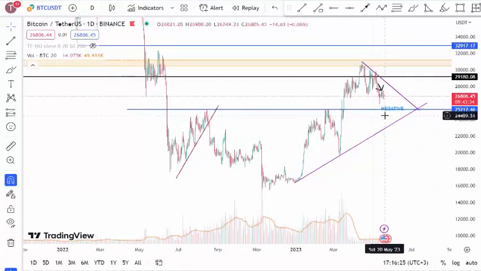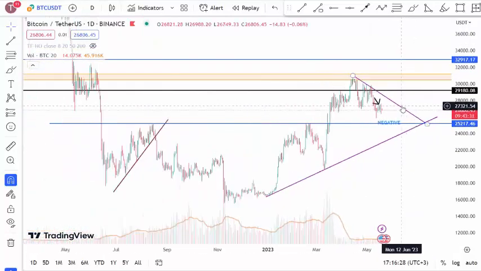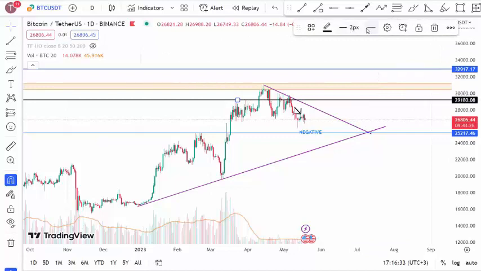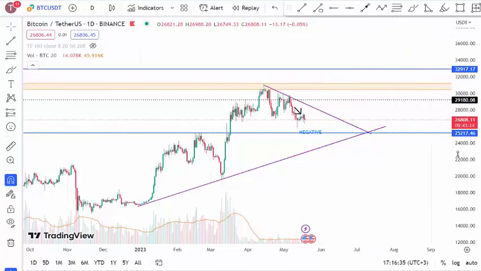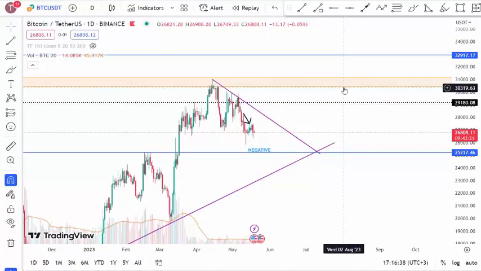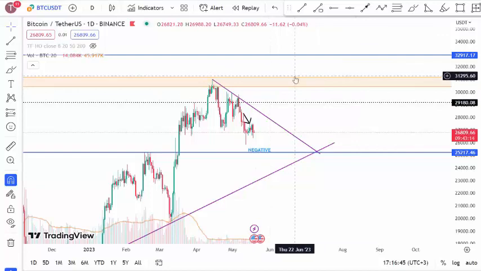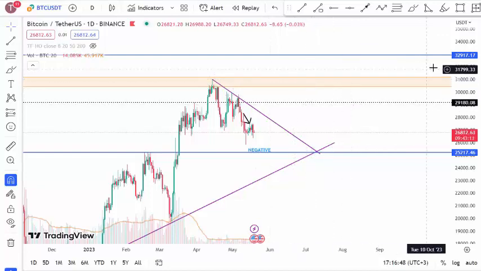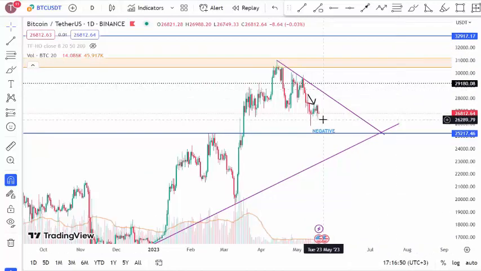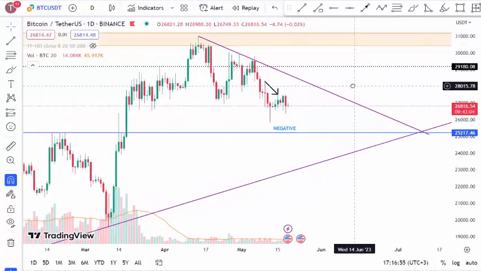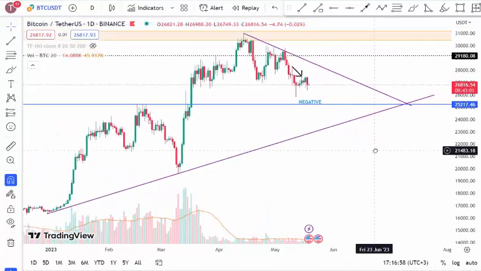Additionally, we didn't draw resistance levels too high above because the priority is to break through the resistance levels first. After that, we can discuss the support and resistance levels in between. Now, we have a temporary resistance level here. Let's mark it with a dotted line, but the main important level for us is the orange line in the 30,400 to 31,200 range. If this orange line is broken to the upside, then the 32,000 level becomes important for